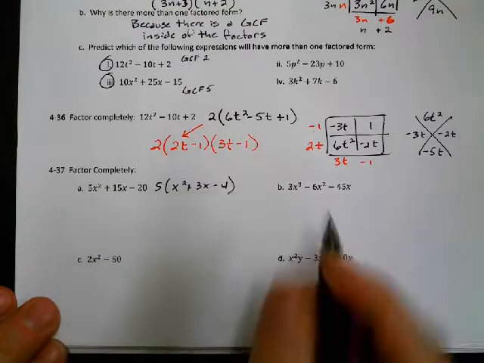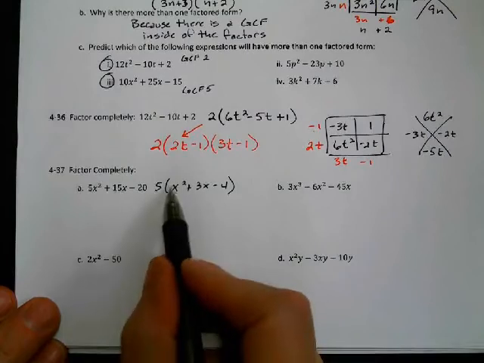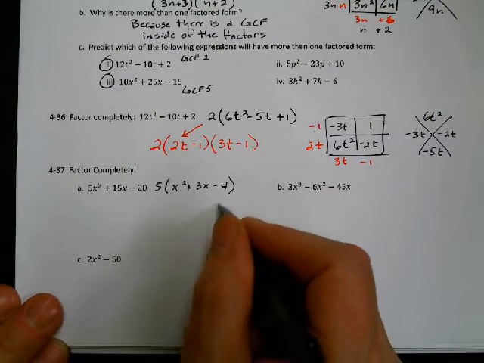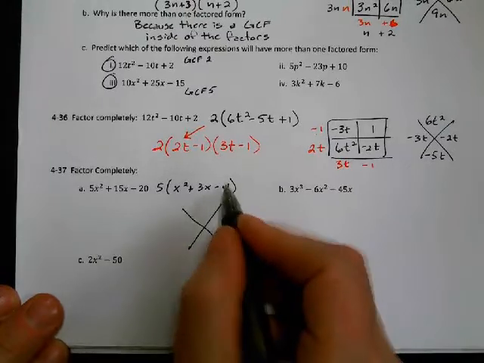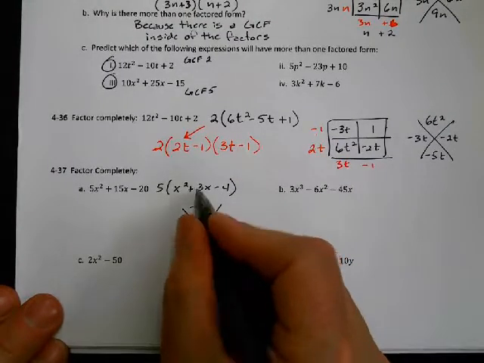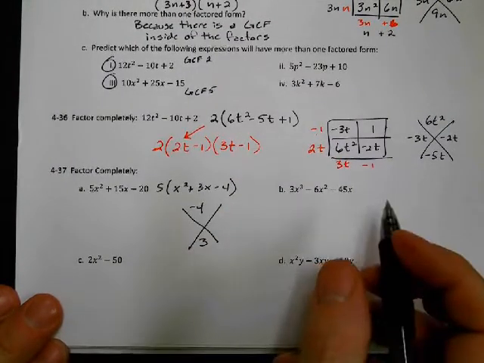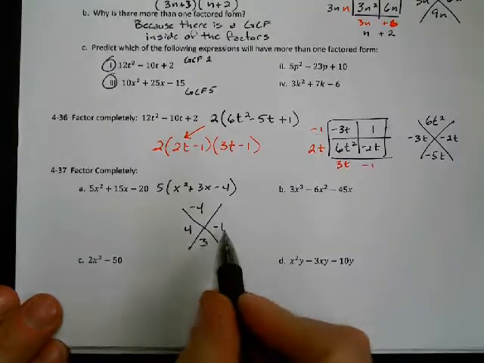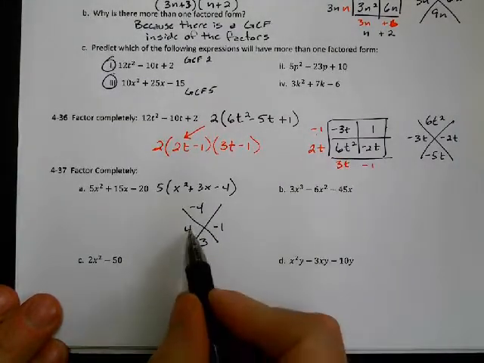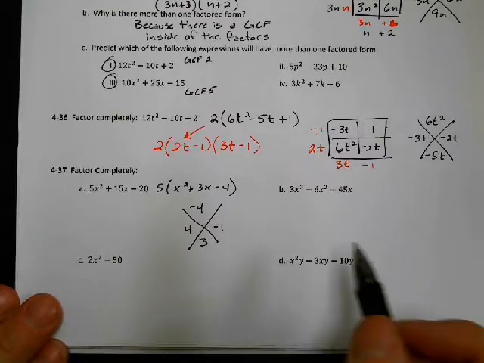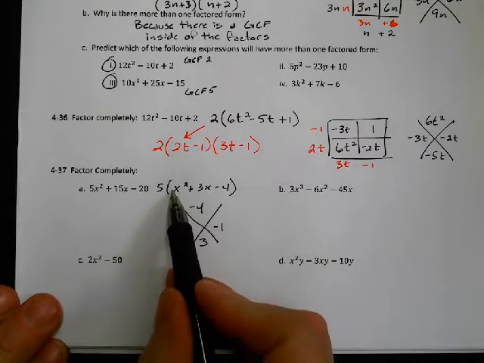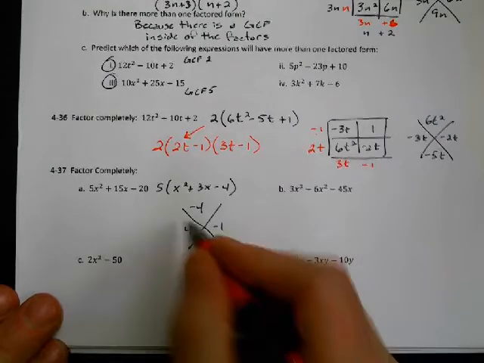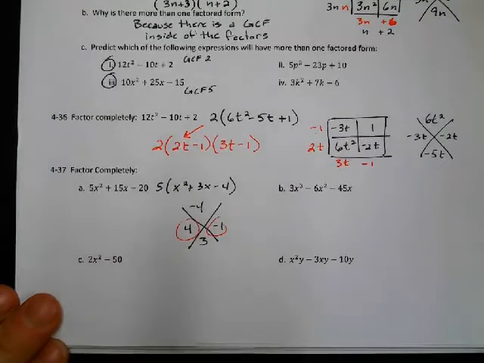So there's no leading coefficient, so this is where I can just get by with doing the diamond part. So multiplies to give me negative 4, adds to give me 3. So that should be positive 4 and negative 1. 4 times negative 1 is negative 4. 4 minus 1 is 3. So remember, when they don't have a leading coefficient here, we can just do the diamond, and then these two numbers are what we put with the x. So we do x plus 4